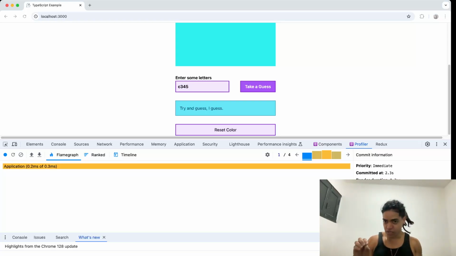So the idea here is that with those components that we don't care about, because what happened here is that this expensive component gets rendered here, since we don't want to actually make use of that component,